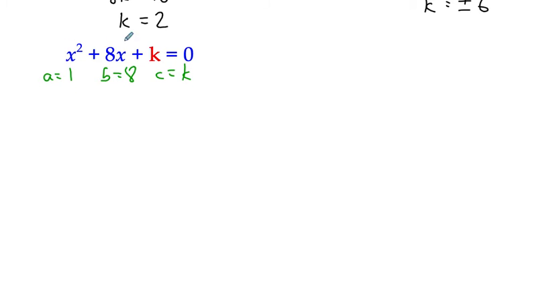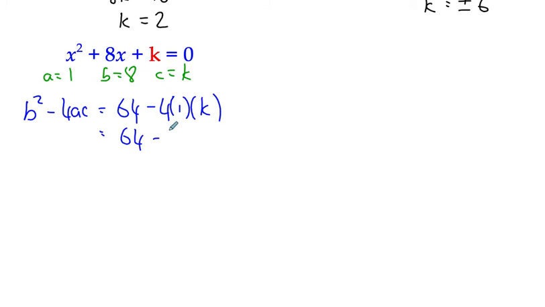So we can say that b squared minus 4ac is equal to 8 squared, which is 64, minus 4 times a, which is 1, and we've got k there. So we've got 64 minus 4k. That's as far as we can go. But we know that this equation has equal roots, so we write it out. We don't just assume that somebody knows it in our head. For equal roots, what's true? b squared minus 4ac